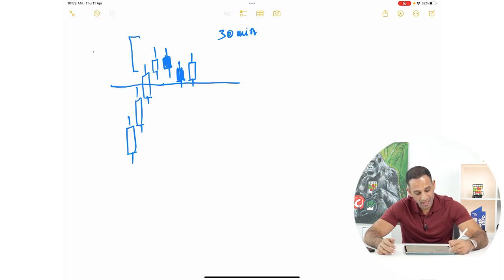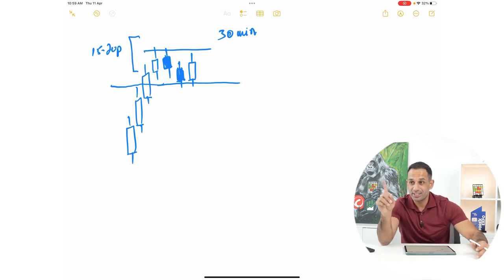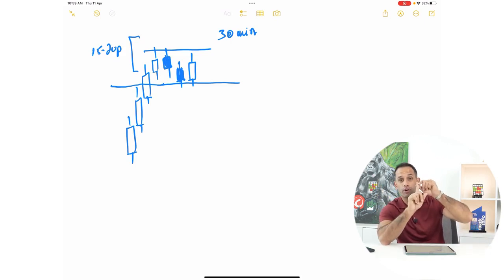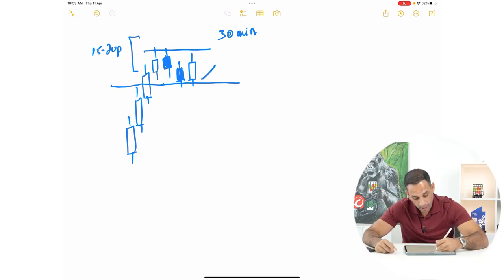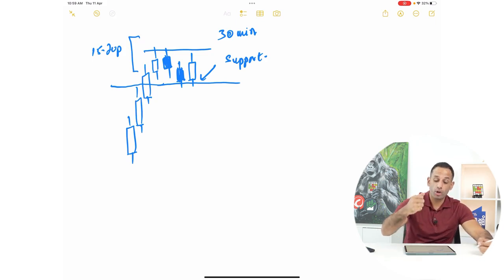range, and this is like a 15 to 20 pip range because your resistance is right up over here. So at this point, price is just basically consolidating. But we're looking for a counter trend trade. You're looking for a sell in an uptrend, but your conditions are that a support has to be formed, which is here you have support formed, and number two is that the break of that